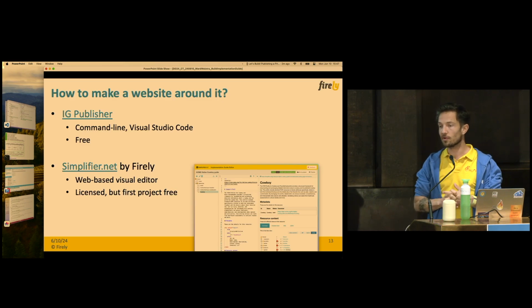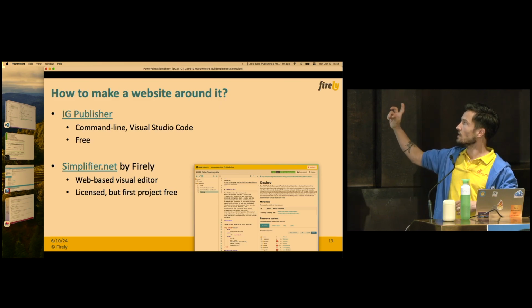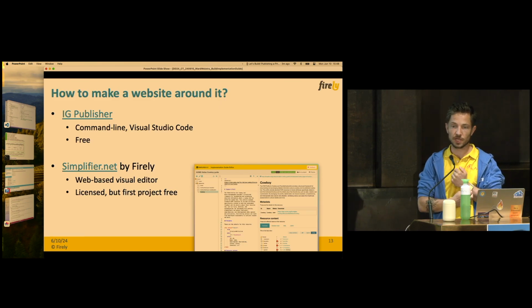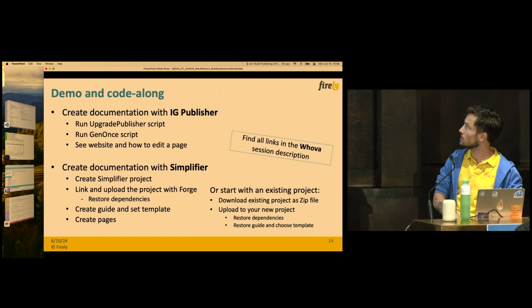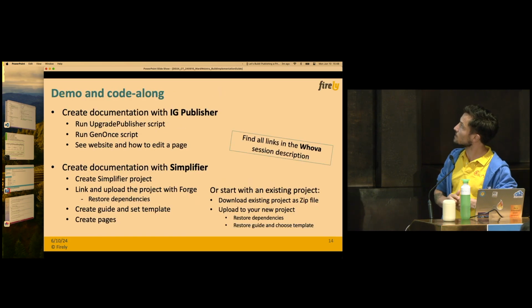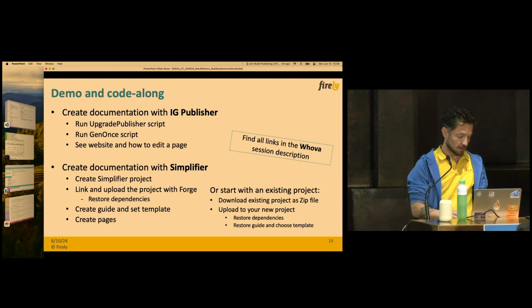You can play around with a lot of stuff there. So please do that during this meeting. You can install the IG Publisher, you can create a Simplifier account, create your own project, and then I'm going to explain to you how to use that. This is what we're going to do, and we'll start with the IG Publisher part. And I'll go back